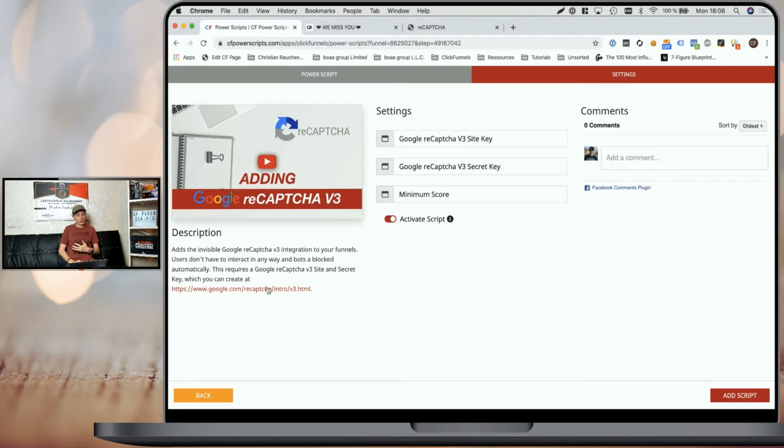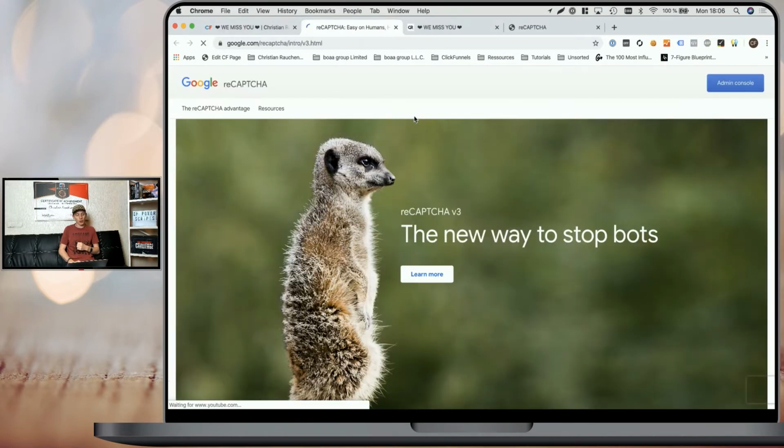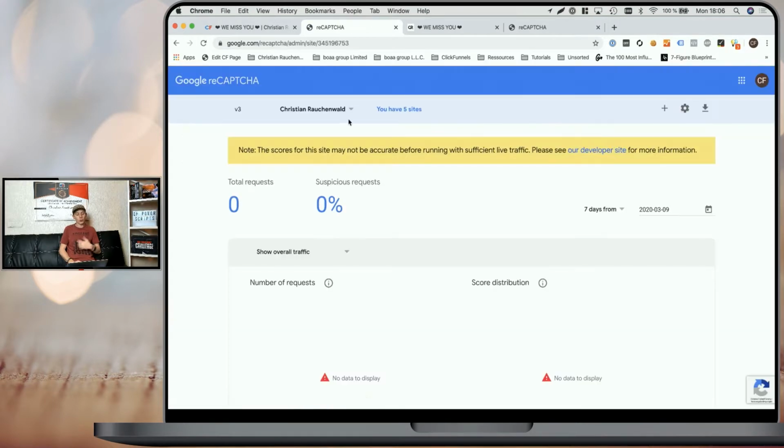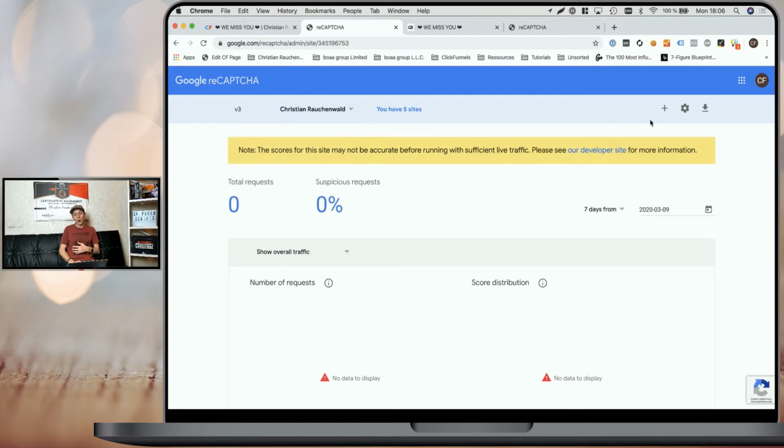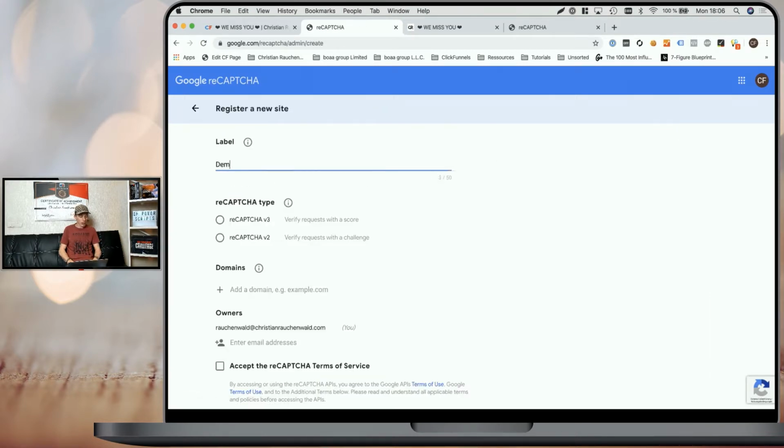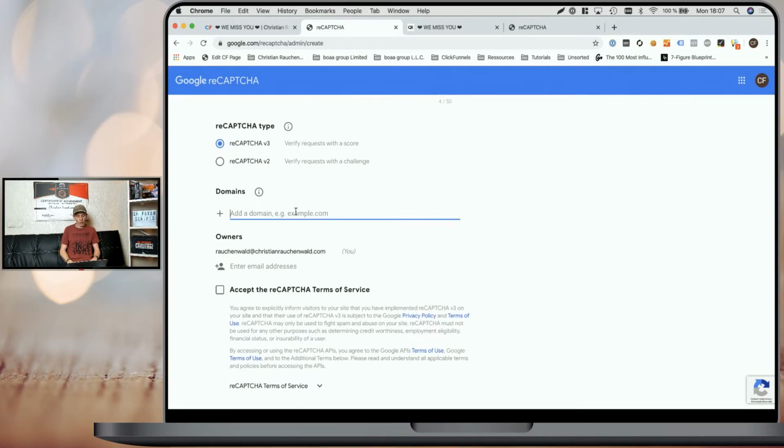In order to get that, you will need to click on the link down here in the description and either sign up or log in to Google's reCAPTCHA admin console. Now here, you may either already have a site set up, or you will need to click on the plus icon to create a new one, give it a name, select reCAPTCHA version 3, and add your domains, starting with